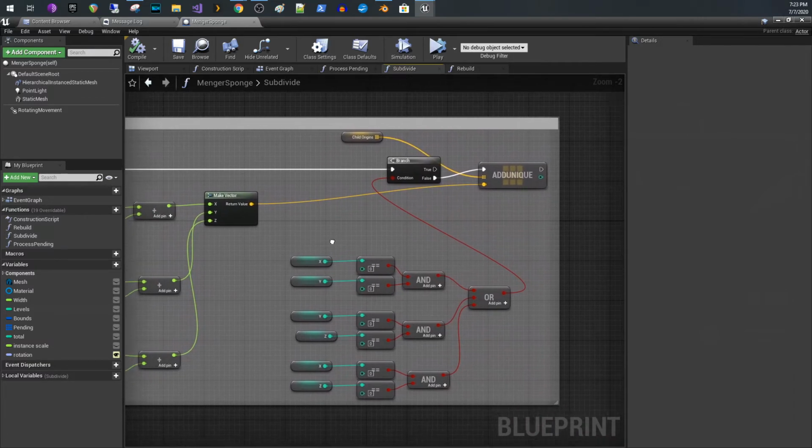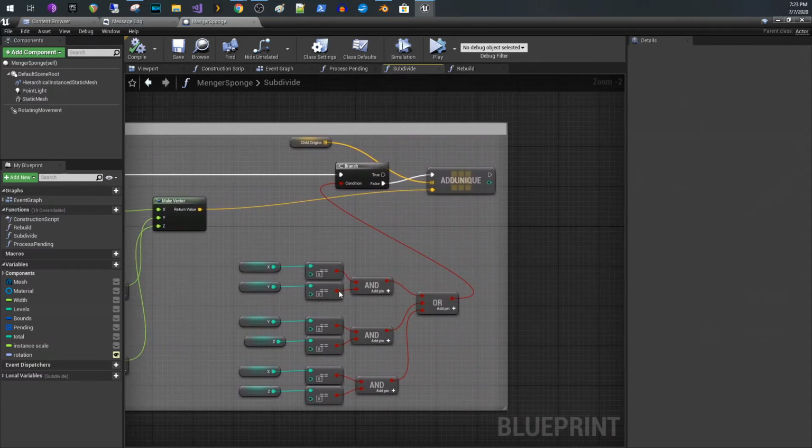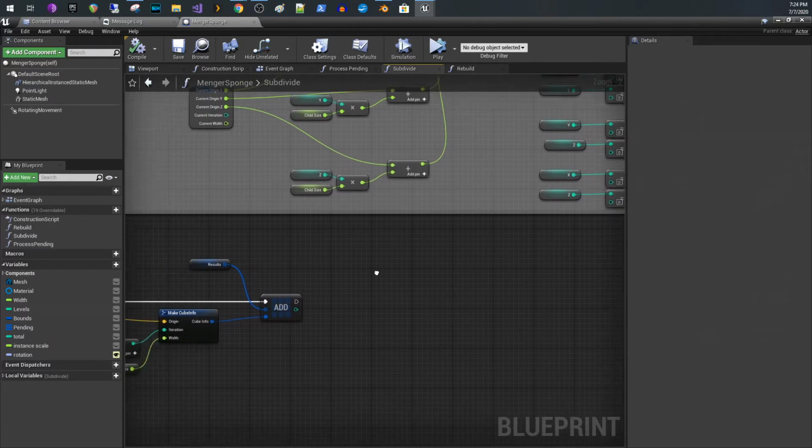But because we get rid of the center faces, I have some logic right here that checks to see if the X and Y, the Y and Z, or the X and Z, if those are both equal to 0, that is a center face, and the very center of the cube. So assuming it's not a center face, we add it to our children, right? And then at the very end of our routine here,